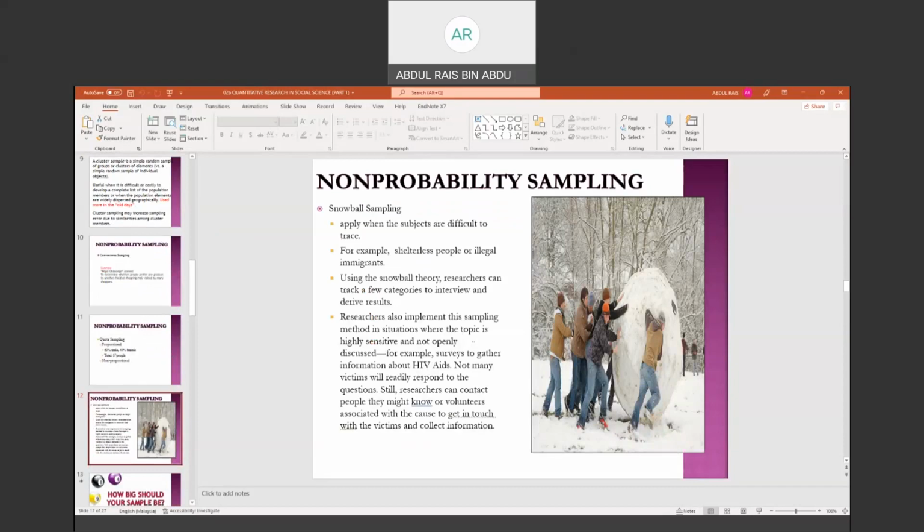Next type of non-proprietary sampling is called the snowball sampling. Okay. Kalau tak dapat lagi experience negara salji, tak apa. Saya pun tak pernah experience snowball ni. But the principle with snowball, you roll daripada kecil, push in a straight line, and dia akan jadi snowball yang